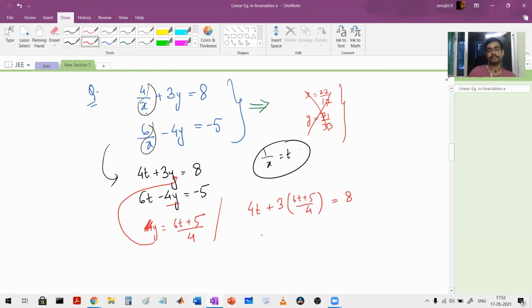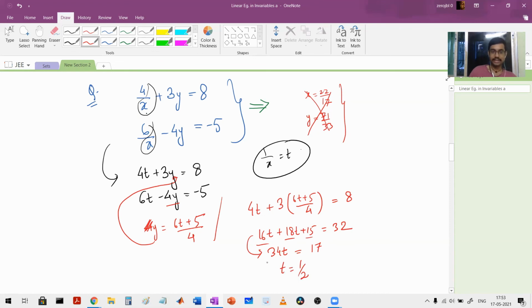Yes, tell me. That's how you solve it. That's how you get out of this mess that would be otherwise created. Now, what are you having? You have here 34t, and that is equal to 32 minus 15. So what is 32 minus 15? I guess it's 17. So t is equal to half.